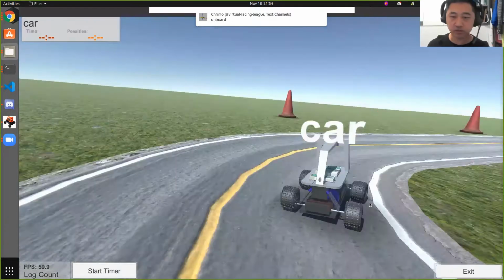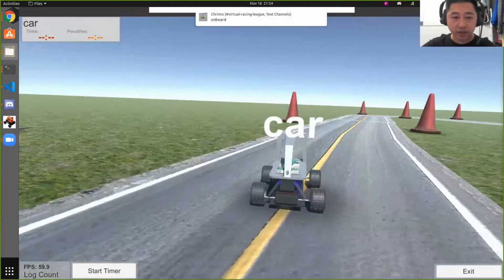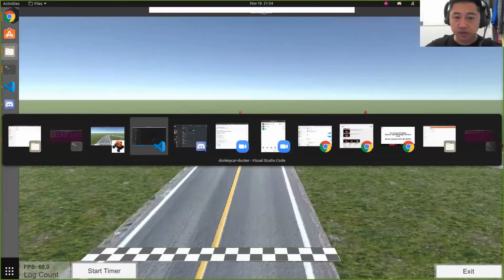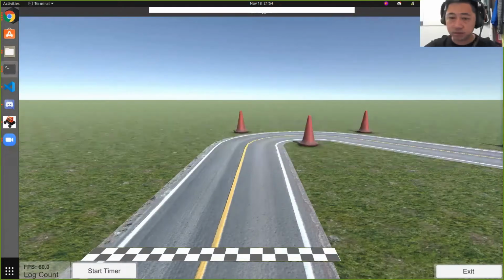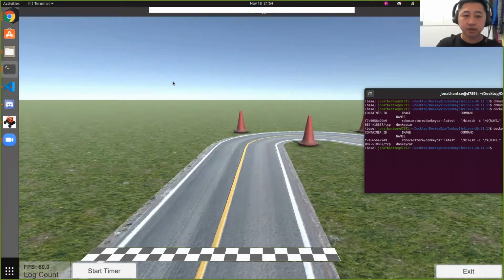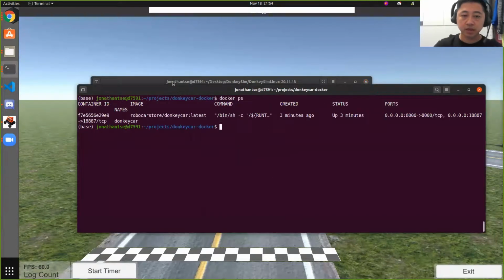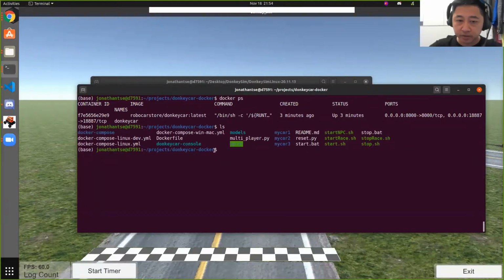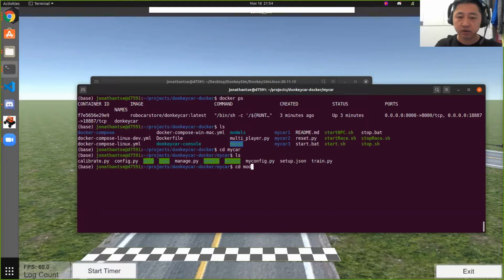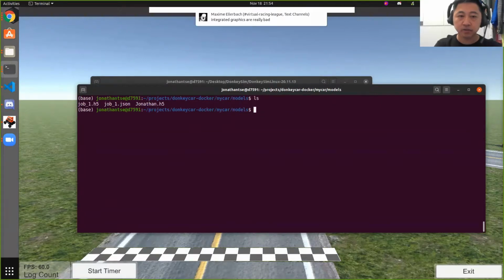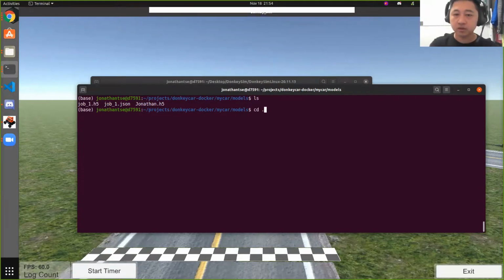So I quit this first, and then I go back here and start manually. So, okay. So here we have my car here. Okay, let's check. Inside my car, I have a model directory. And then we have this Jonathan.h5 file, which is a model I trained earlier today. So in order to run this,